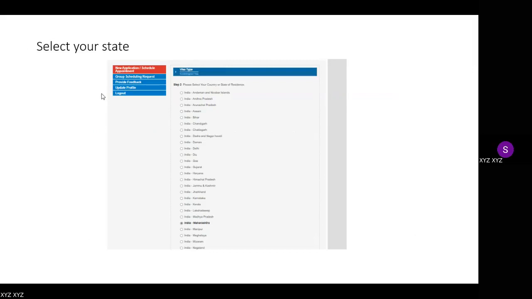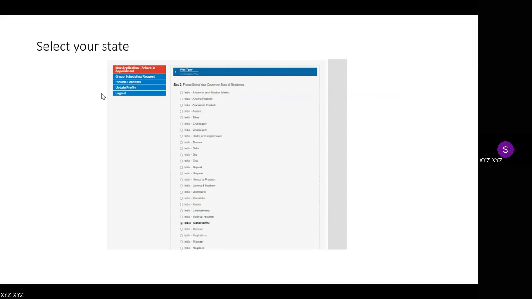Now here comes the next page where you have to select your state of residency. You can select your state, and based on your state selection, this website will automatically pick your consular location. So for Maharashtra, it will be Delhi.